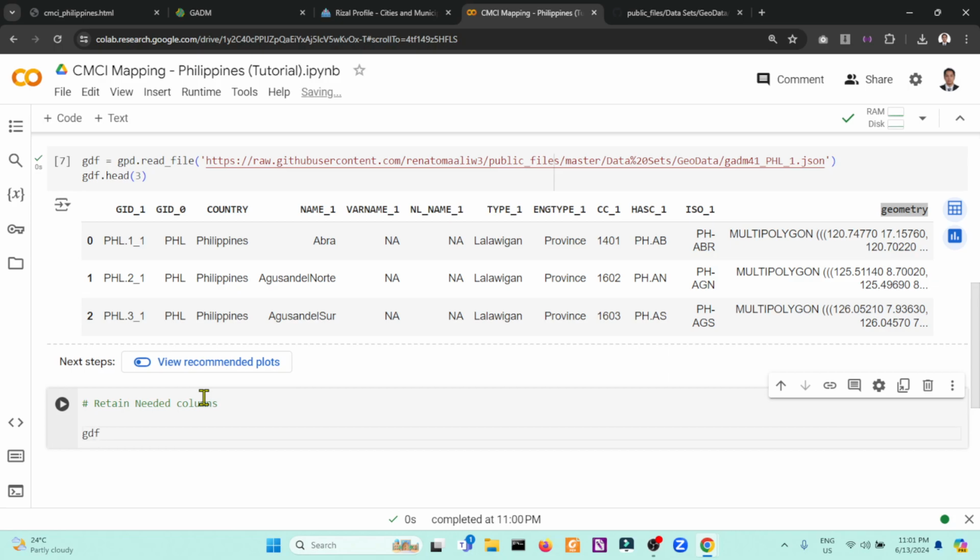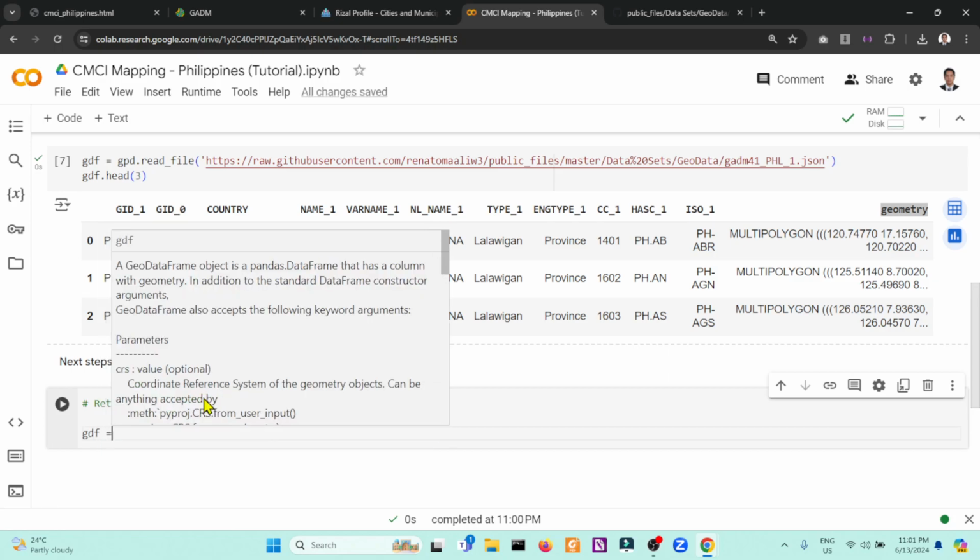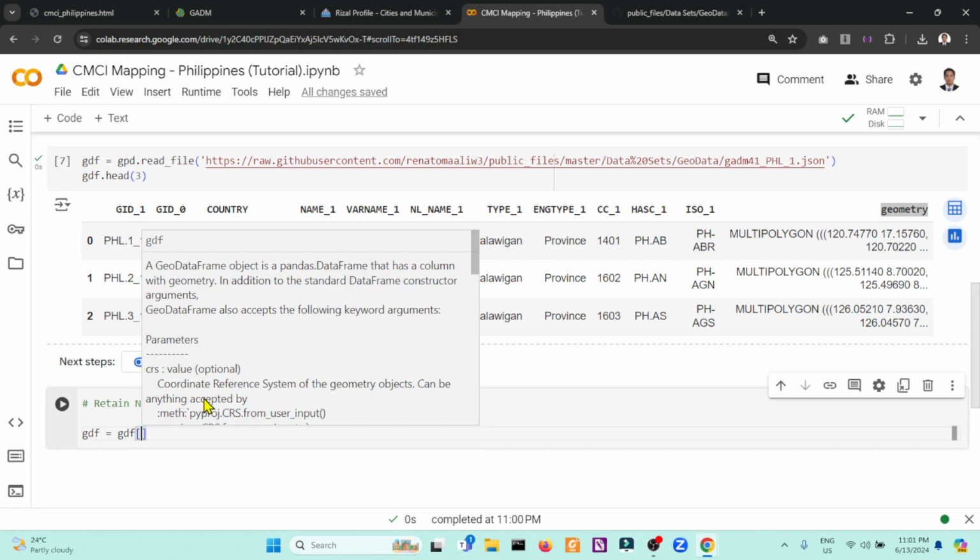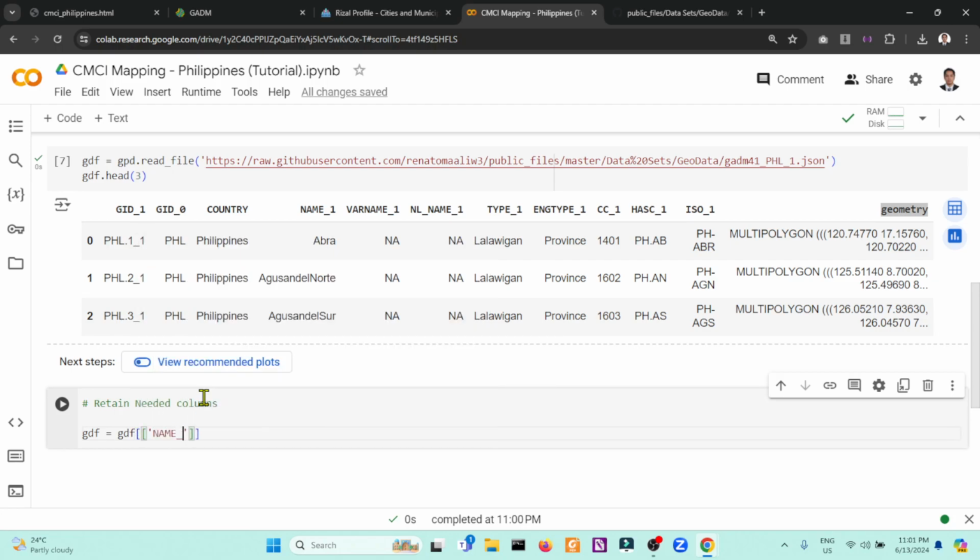We'll define another variable, reassigning GDF, with the name one column, then specifically we will need the geometry column.